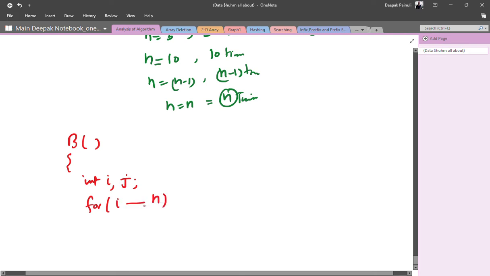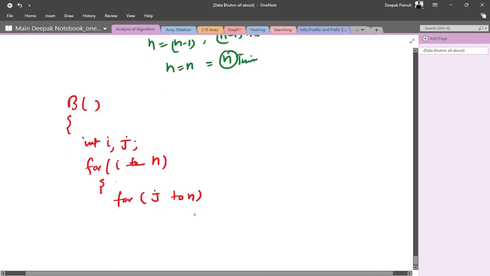This is pseudocode, that's why I am not writing every line of code perfectly. I am simply doing it using pseudocode. And inside the for loop itself, I have another for loop for j equals 1 to n, for example. And inside this loop I am printing ECE.